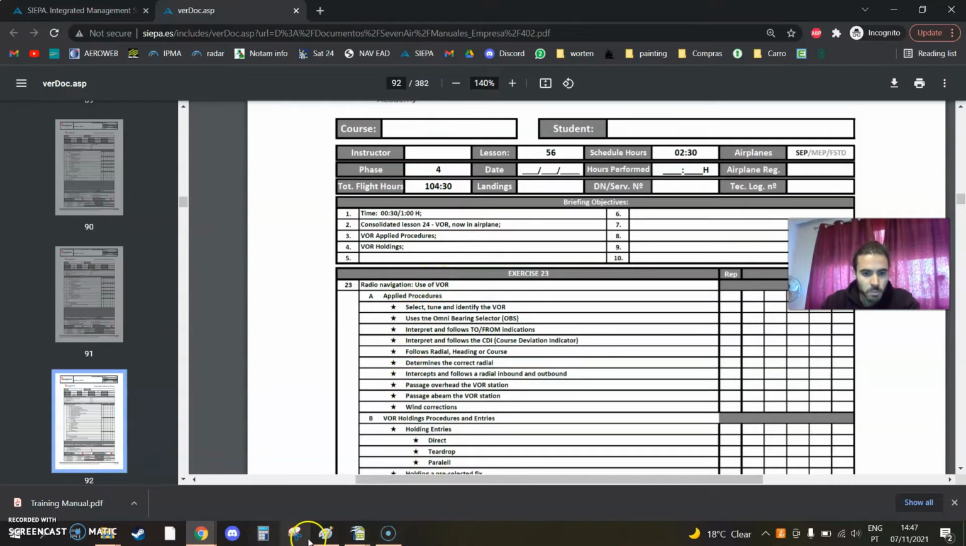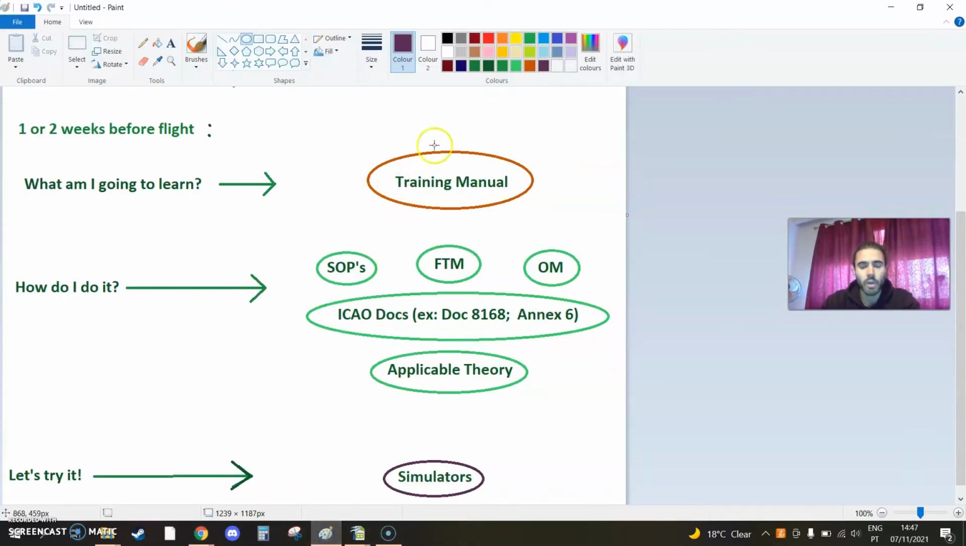So speaking about VOR, I already know that I'm going to work on VOR, let's say radial interception, procedure turns, whatever. Now the question is, how do I do procedure turns? How do I intercept the radial and all that? Well,